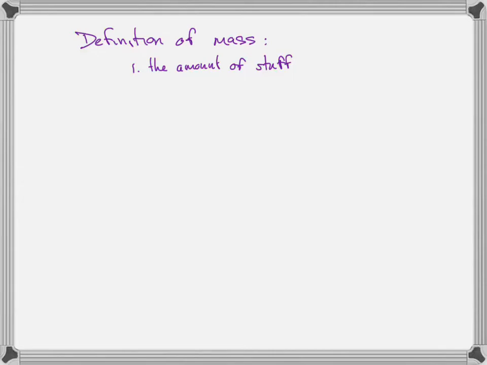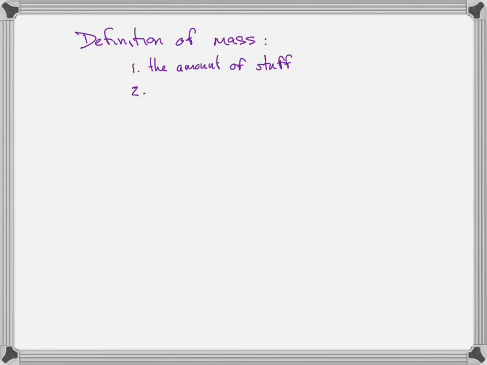You can't count those. So there's a different mass scale for macroscopic when you're talking about the amount of stuff, right? Again, microscopically, we might talk about it in terms of the number of carbon-12 atoms. Macroscopically, we might compare it to that lump of platinum in France. And that's our mass standard. But it's just the amount of stuff. The second definition of mass